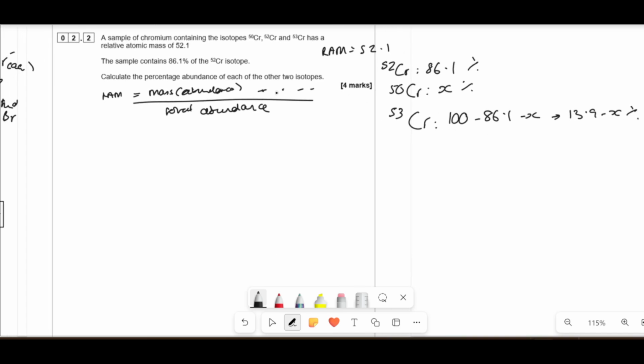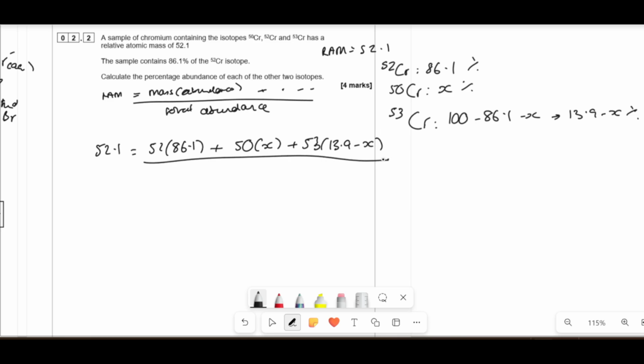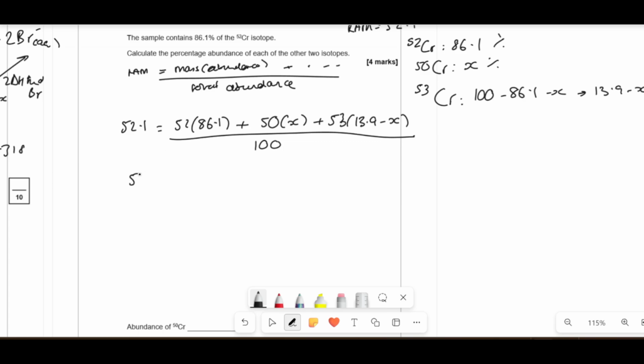Cool. So then write down the formula as you do. So 52.1 equals, we know that this one's mass 52 times its abundance, so 86.1, plus the mass here, sorry, which is 50, times x%, plus the next one, mass 53, times 13.9 minus x. That's all we know. All divided by the entire total, which should add up to 100, because we're dealing with 100%. So if we now tidy this up, we get 5210 equals 52 times 86.1, which is 4477.2, plus 50 times x, which is 50x, plus 53 times 13.9, which is going to be